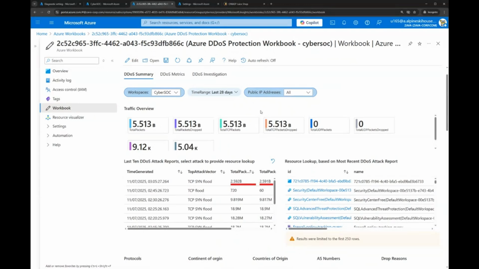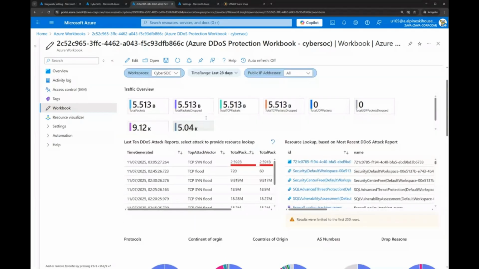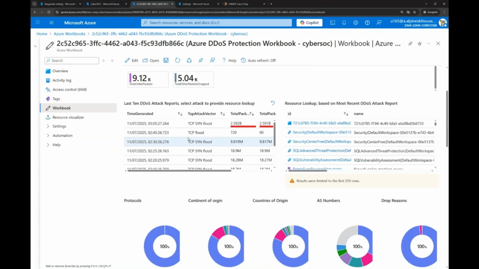Now, as you can see, the first thing it will give us is a traffic overview. It will give us the total amount of packets, how many were dropped, the protocol, and so on. Here on the left side, you will have all the mitigations